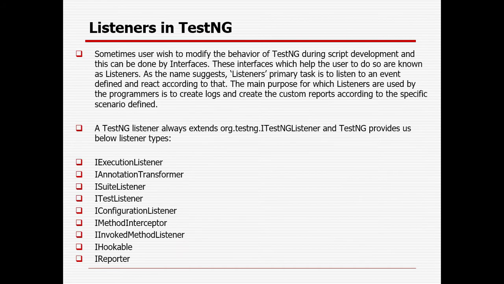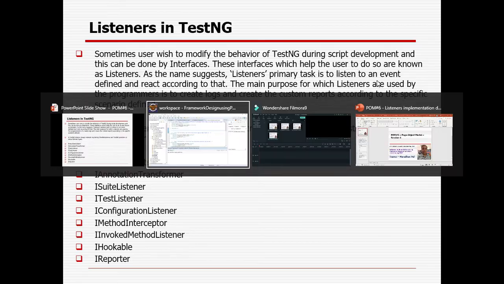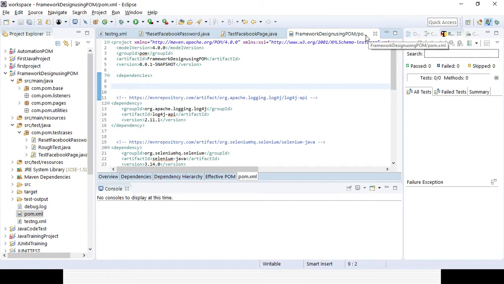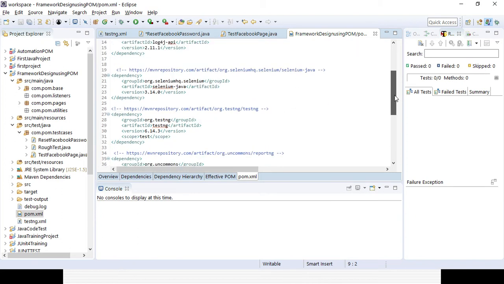In my last session, you already saw how we can implement report-ng reports in the framework we are creating with the help of Page Object Model. First we added two dependencies in the pom.xml file for report-ng.